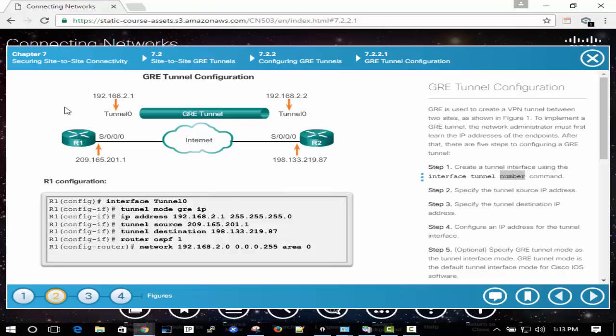Notice these are both public, so it's saying we want to form a tunnel from here to here, but then the IP address on the inside, right? So this is putting a private network inside this tunnel, or we could put an IP version 6 address inside this tunnel, or this could be an IP version 6 address, and this could be an IP version 4, and that'd be how we could tunnel between IP version 6 and IP version 4. But before I rant on too much and get everybody confused, all it's doing is sending from this public to this public, but it shows